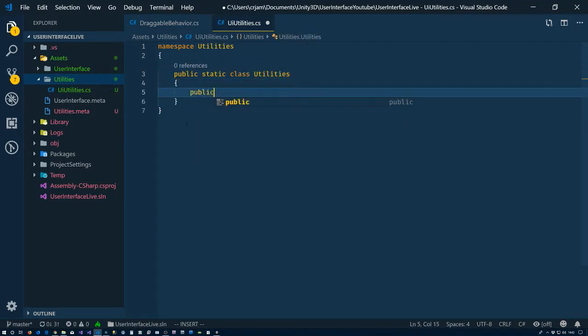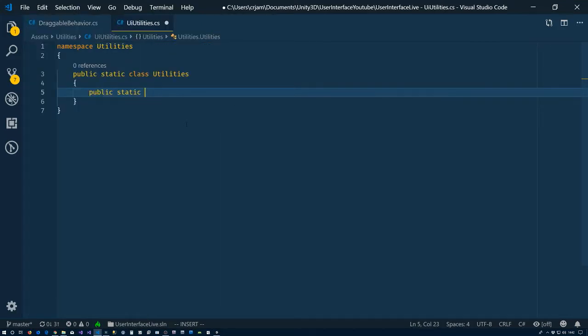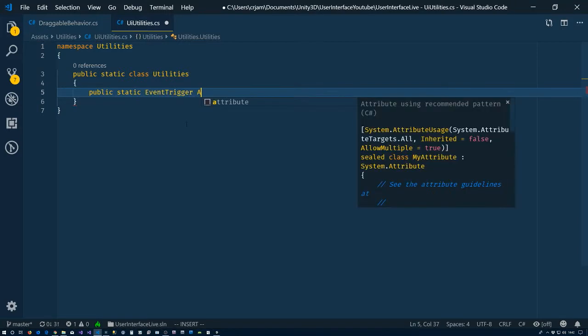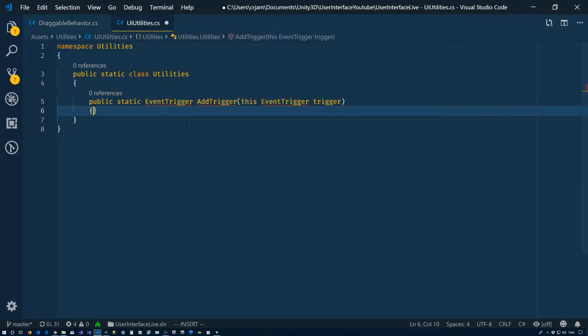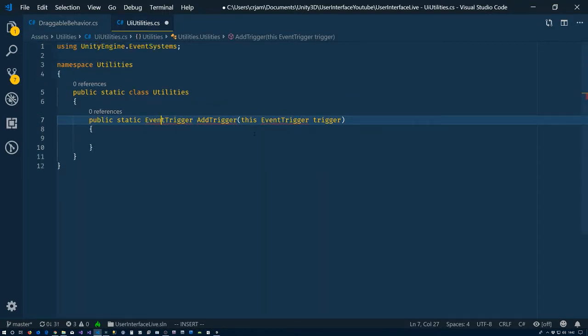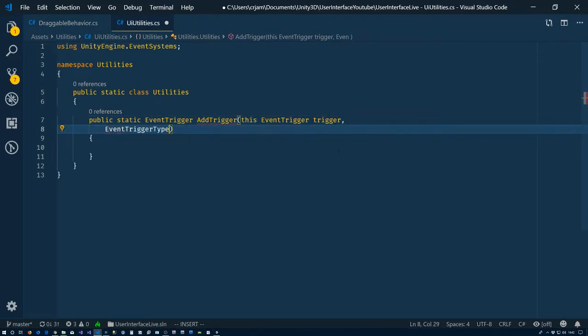The first one that we're going to want to create is a public static event trigger, add trigger, and we want this event trigger and trigger. We're going to need a few more things here, but let's go ahead and add that in to get rid of our squiggly. We want the event system, not the analytics one. Now we also are going to need, as we specified before, the trigger type. So event trigger type,